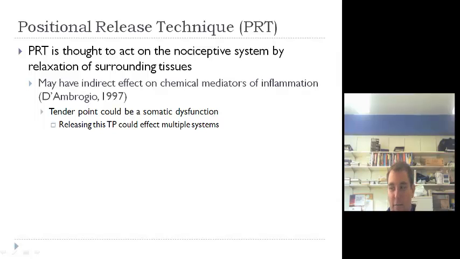I talked about ion channels and chemicals. Have it right here: ion channels, neurotransmitters released after an injury. The basic science crap that we don't like. It's not crap. That we don't like because we don't understand it as athletic trainers. Well, I need to go back and understand it better, because if I'm doing a positional release treatment on a dancer or a patient and it's affecting the chemical mediators of inflammation, and the new pain law says inflammation causes pain, I need to understand what the hell I'm doing. So releasing this tender point could affect multiple systems.